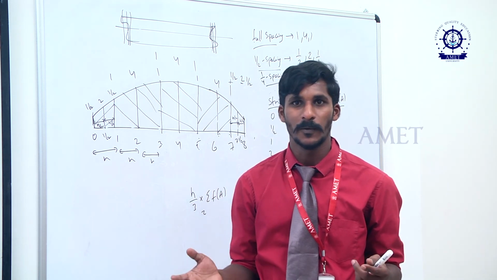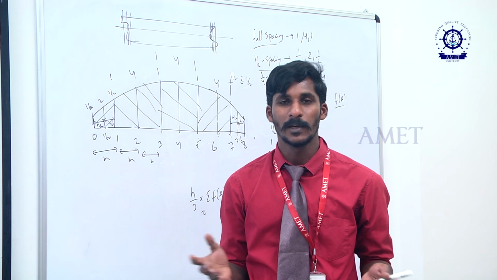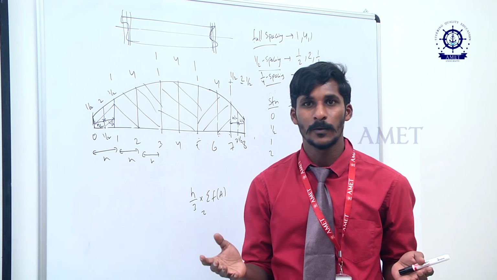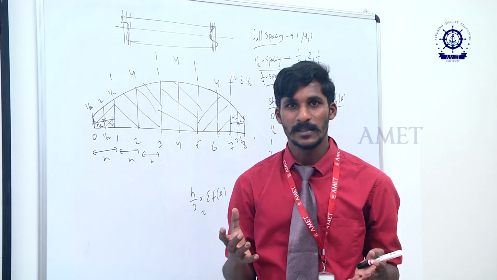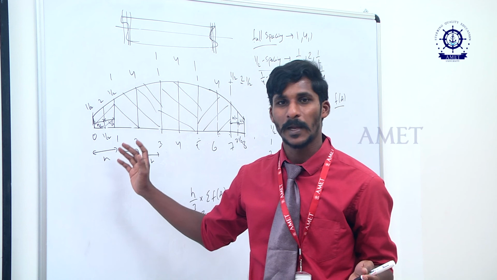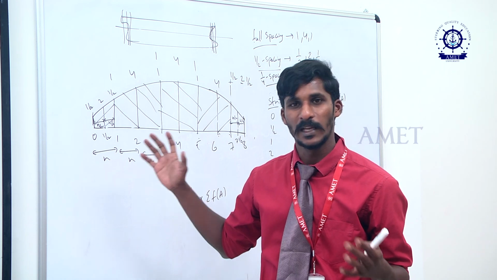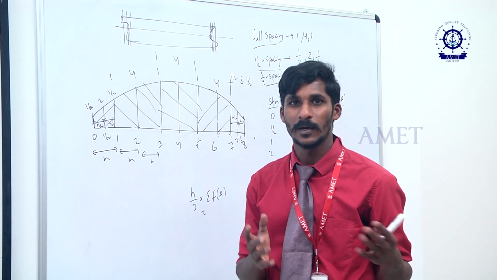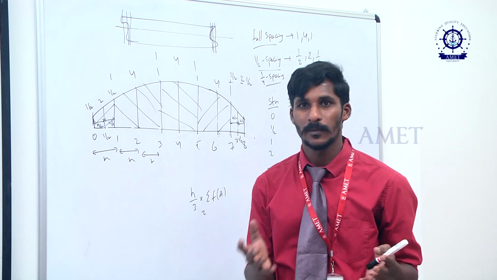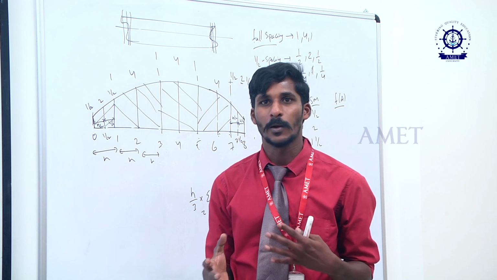But nowadays we have software where we can find the exact values of area under the curve. For example, AutoCAD will give you a lot of values very easily, like area under the curve, even moment of inertia about a particular axis. So a lot of things you can define nowadays by using software. But this is the best practice from olden days. People used to follow Simpson's integration, and even now we are following it, because people should not forget how to do it. It is basic knowledge. People always depend on software, but that is not the one you have to follow. Look at the basics, and then if you understand, you can implement it on further things.